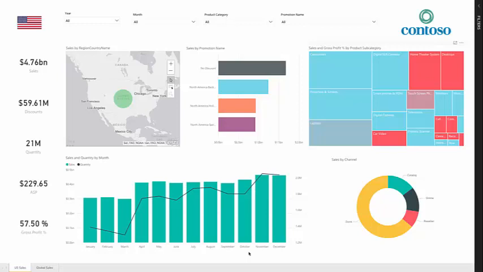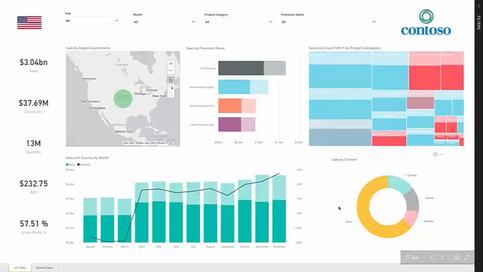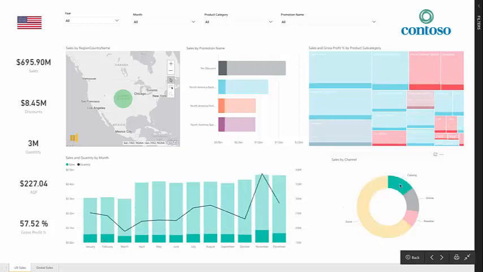However, it's very different in one respect, and that is when I look at my sales by channel, we're actually using Unifi to pull all of these disparate data sources together. And what I mean by that is if I look at stores data, that's coming from many, many POS systems that get consolidated across the organization into a Teradata instance. The catalog records come from a SQL Server database.